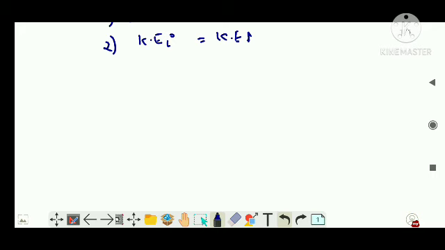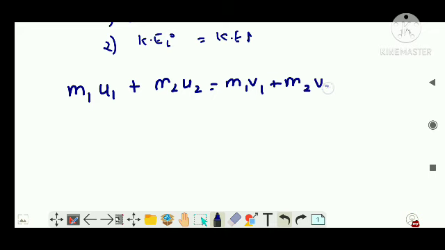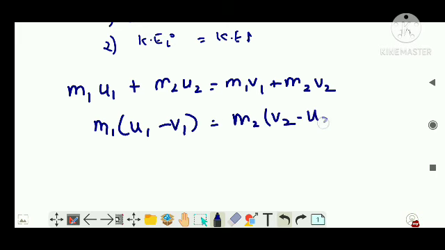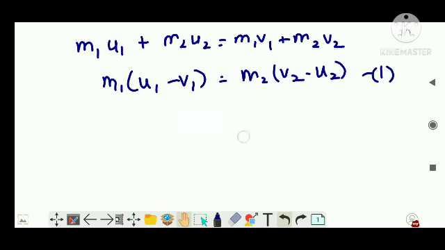Now these are all very important small things which you have to know, right? Similarly, I hope you remember, due to the conservation of momentum, you can write m1 u1 plus m2 u2 is equal to m1 v1 plus m2 v2, right? Let us arrange this like this. Bring the m1 terms nearby: m1 (u1 minus v1) is equal to m2 (v2 minus u2), right? Let's mark this as the first equation.